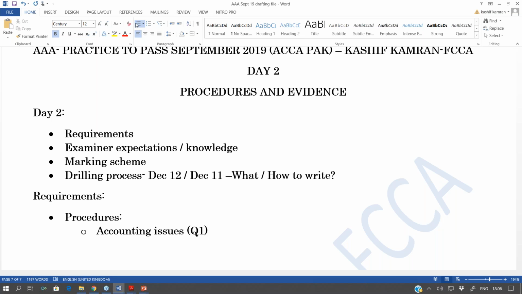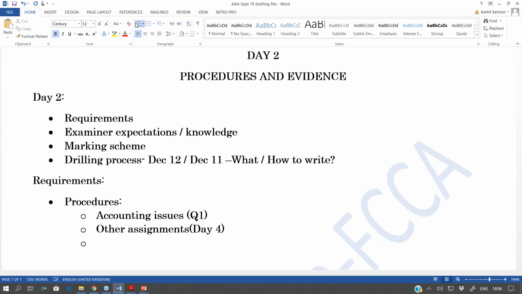Then procedures also come as part of other assignments. Now, if procedures are part of other assignments, I am doing other assignments on day 4. So eventually, I will be doing the drilling of the procedures for other assignments on day 4 of this Practice to Pass webinar. But if in the other